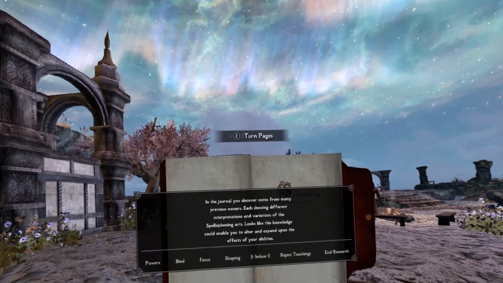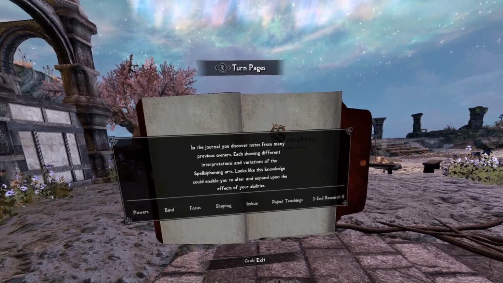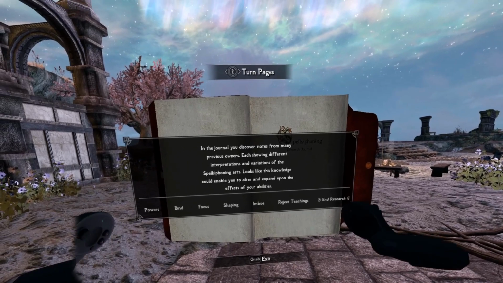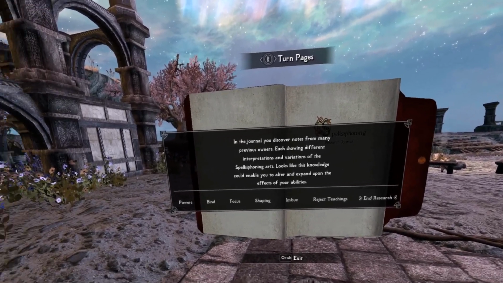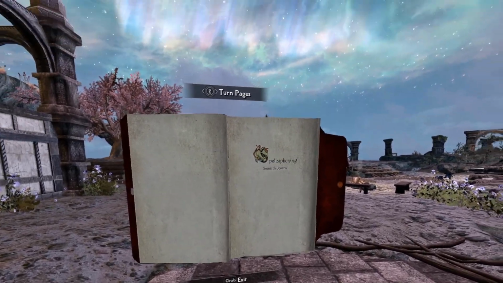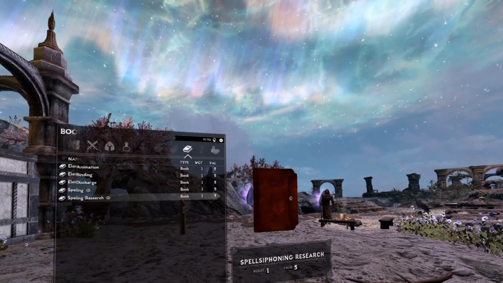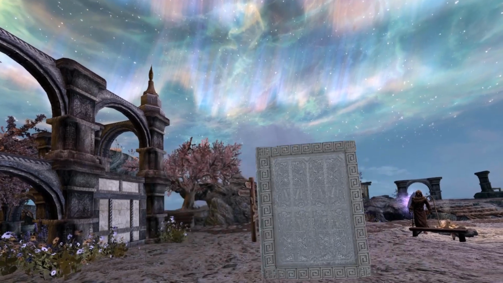Spellsiphon is very, very flexible, and I really recommend you check the things out yourself. There is no right way to do that. Many things are really just up to you, which I like. So that's that. And now I have read these books, and if I now close the menu here,